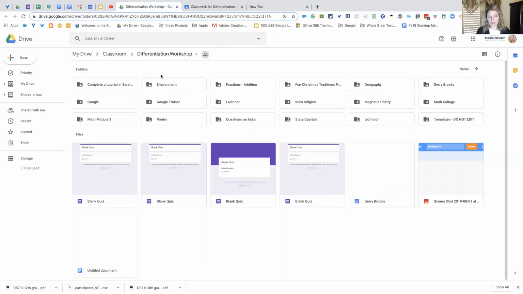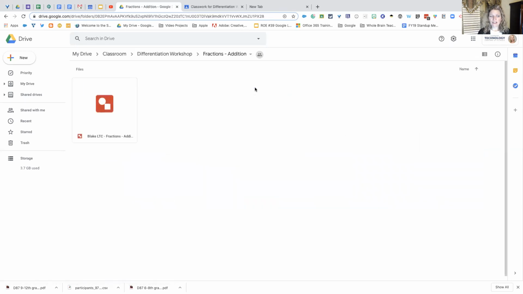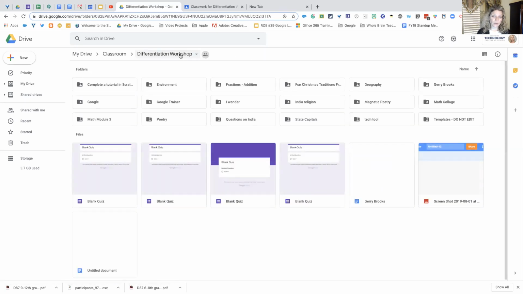Differentiation workshop class. Within that, here are all of the assignments I have out there. I have a folder for each one, and within that folder has the students' work. Now, could you look at the students' work from the drive? You can. I don't think I did once. I always just looked at the students from Google Classroom, but just know on the back end, it's all here,